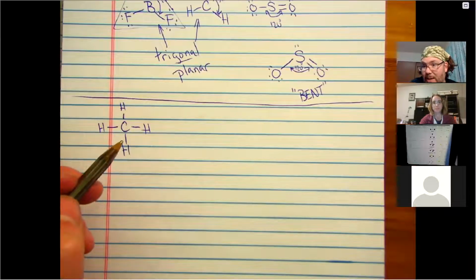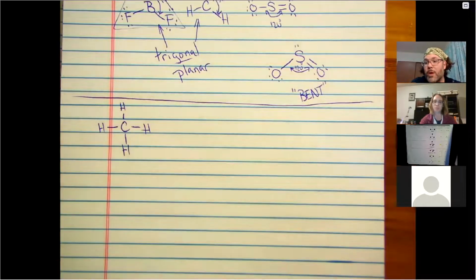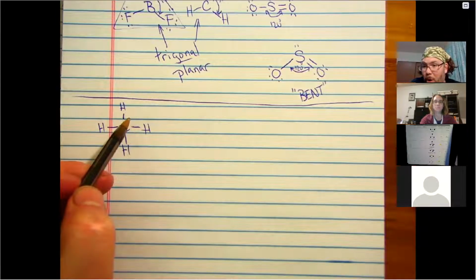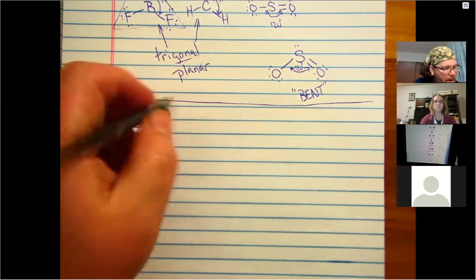But it's not. It's not. And the reason why it's not is because all 4 of these electron groups can get farther apart from one another than 90 degrees if we think 3-dimensionally instead of just in the XY. So what's going to happen is